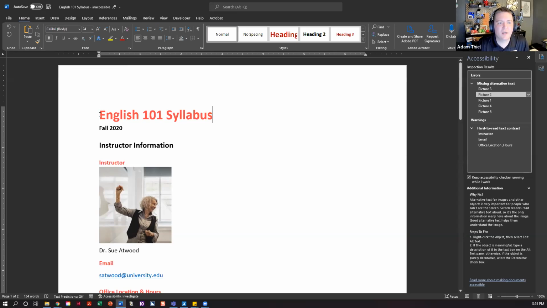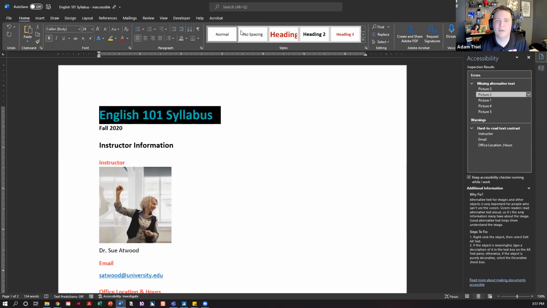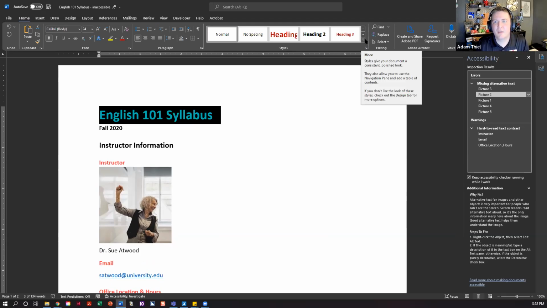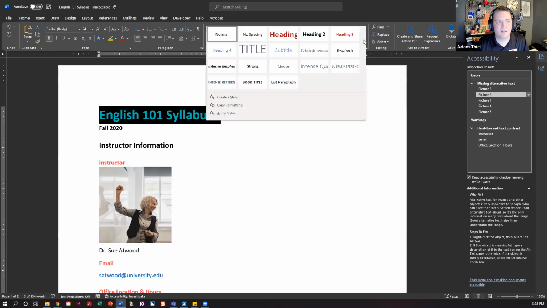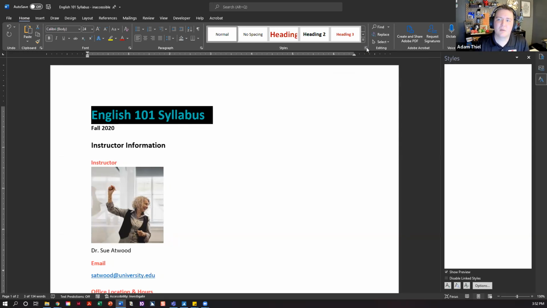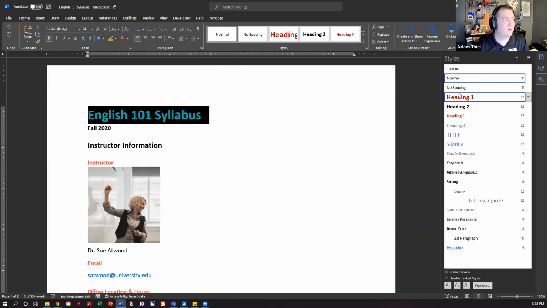The way that works is you select the text that you want to be your heading, and you come up here to the styles panel. You'll notice that it shows five styles, but there's more than that. If you click this more button here, under the down arrow, it expands that out to show you more than just those five. And I personally like to click this other button down here, and it pulls open a whole styles panel over here on the side.